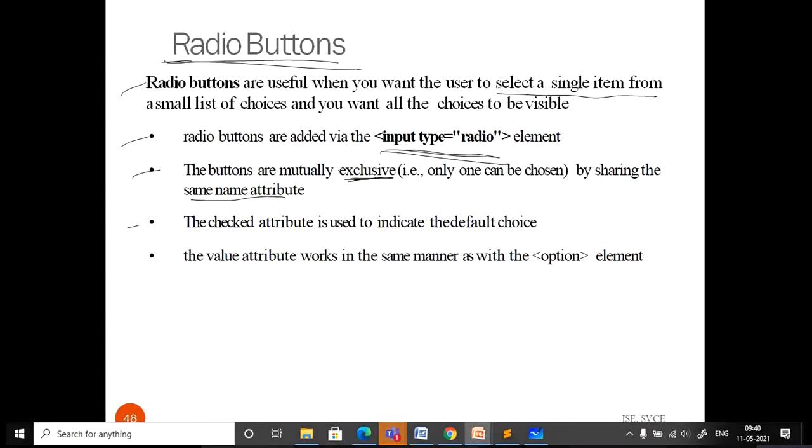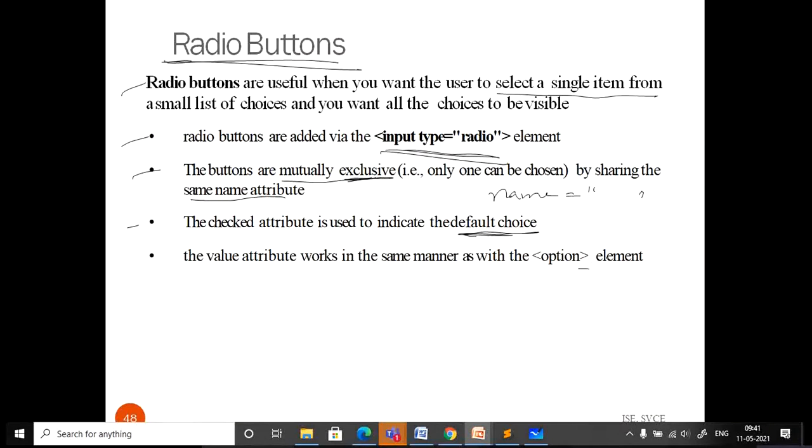All the radio buttons have the name attribute, so you should give the same name for all the radio buttons. In that case, any one will be chosen. The checked attribute is used to indicate the default choice, so if any one is checked by default, that value will be taken.